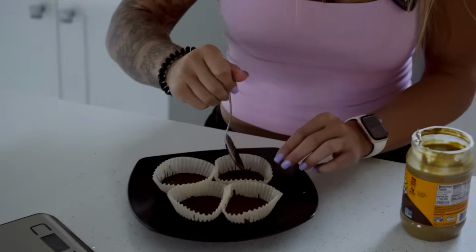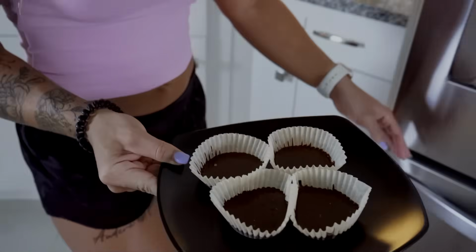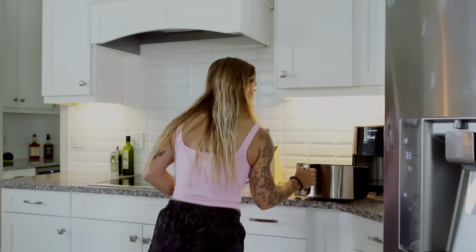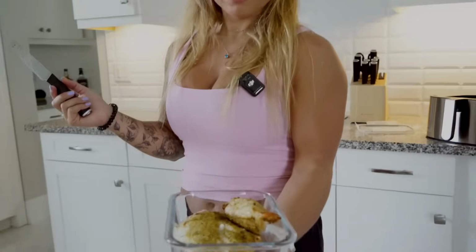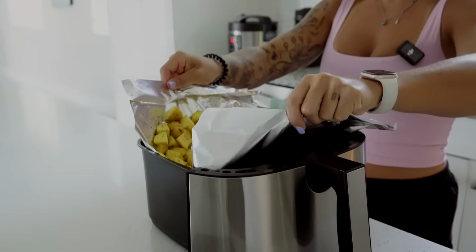Chicken is done. Guess what's next? Potatoes. Pop these in the freezer. They look like this. And then you're good to go. There may or may not be pizzas in my freezer. We're gonna take the chickens out. Throw the chicken in. And it looks like this. Fire. All right, so now we're gonna throw the potatoes in the air fryer, like so. Now we're gonna do 400,